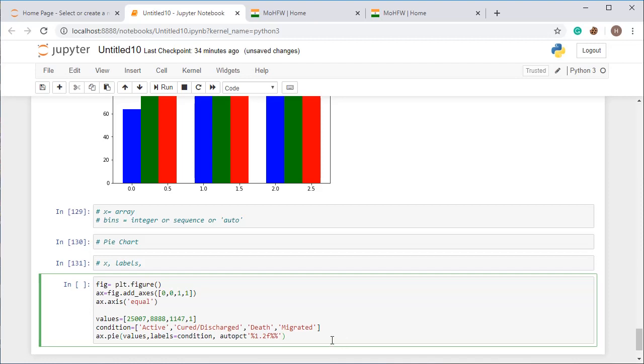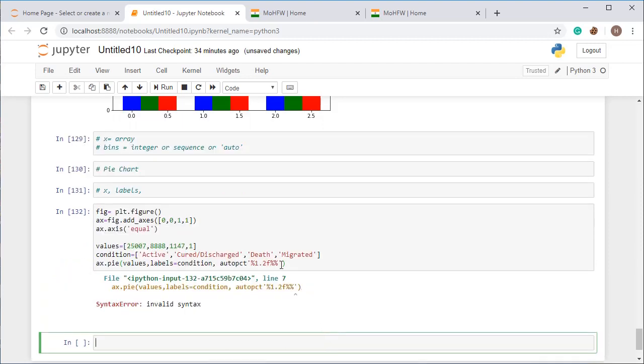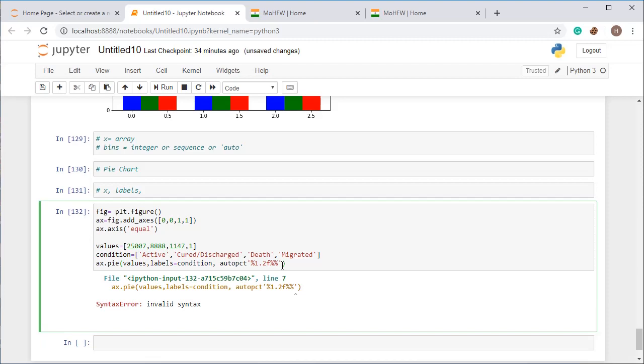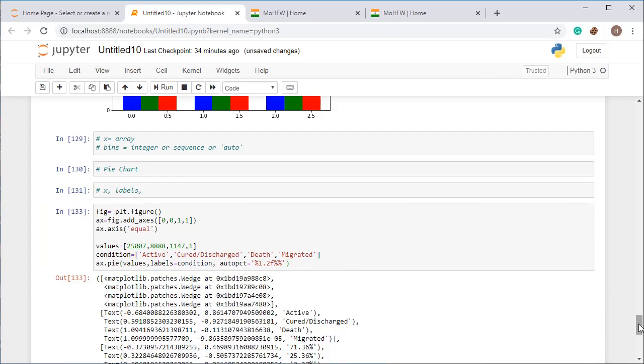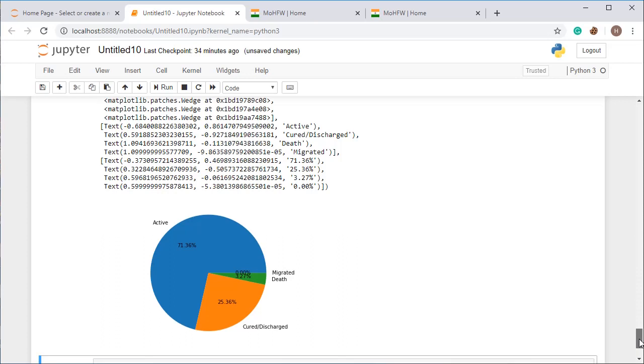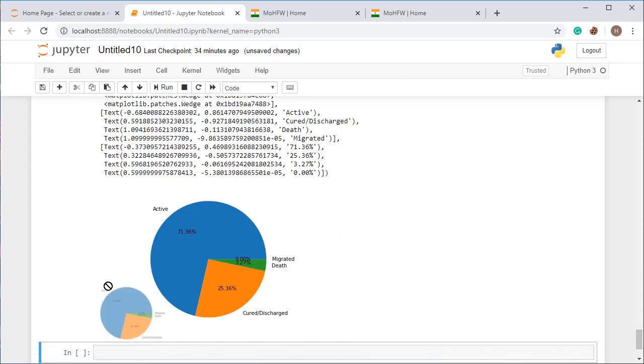All right, so if you are going to run this cell, you are going to get the value. I have used autopct and I have missed one thing, that one is the equal to symbol. That's why I have got the error. So when you run this cell, it will display something like this.